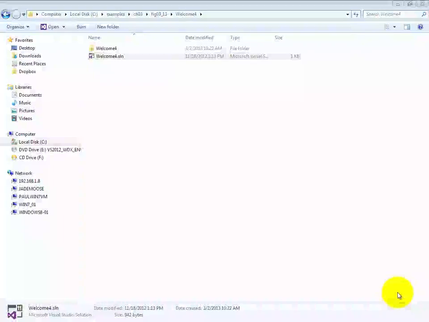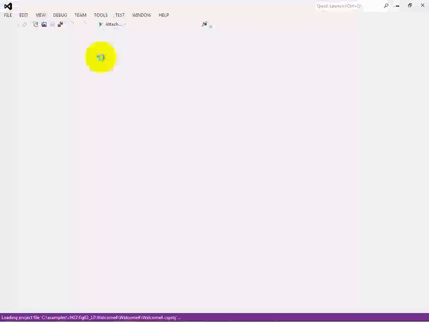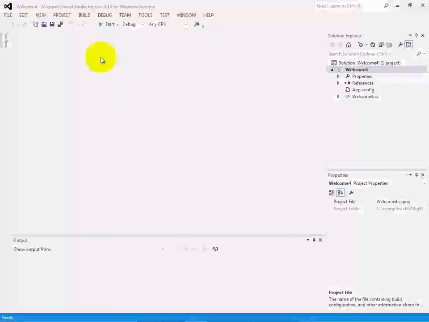So far, each of the first three simple apps that we've taken a look at has displayed the contents of a string literal or a couple of string literals. Now what we're going to do is show you a little bit of formatted output. So I'm going to go ahead and load up the Welcome For app, and this is from the Figure 3.13